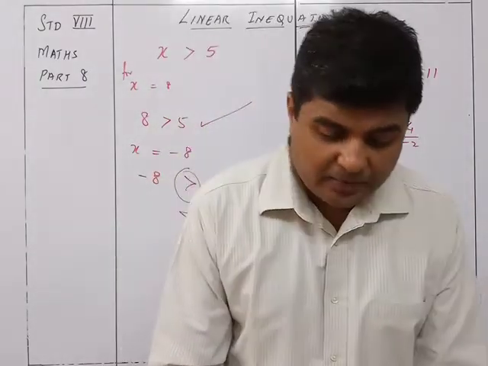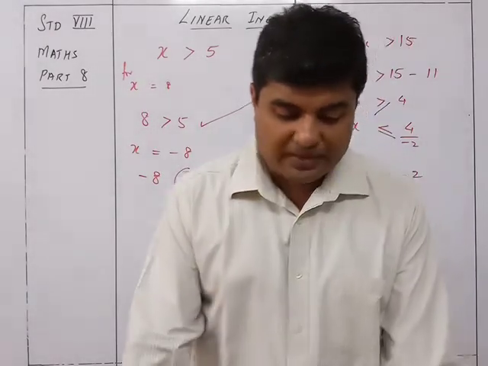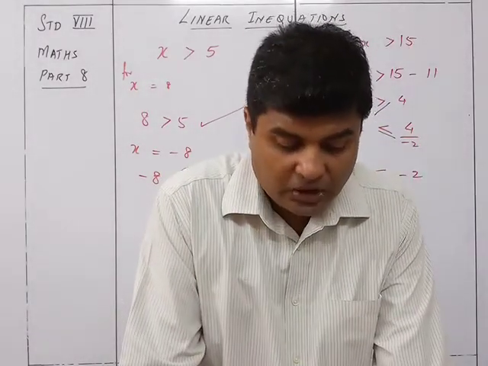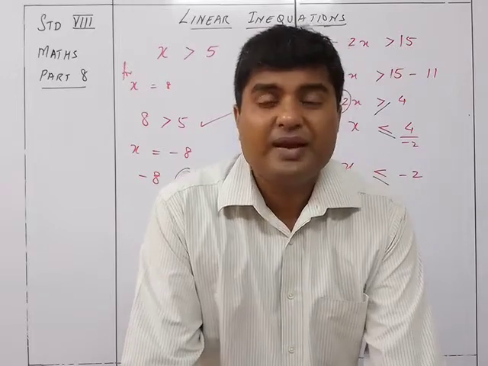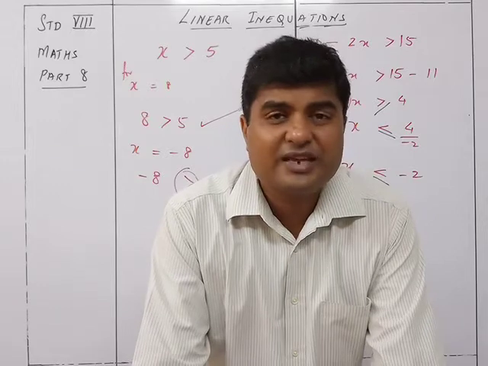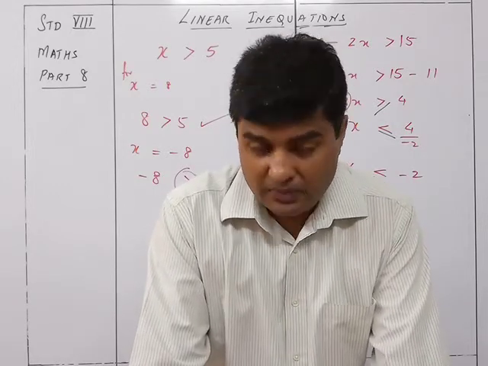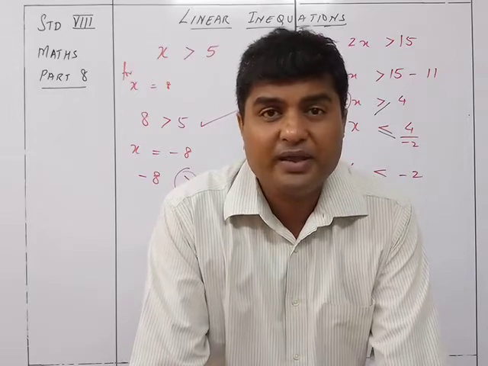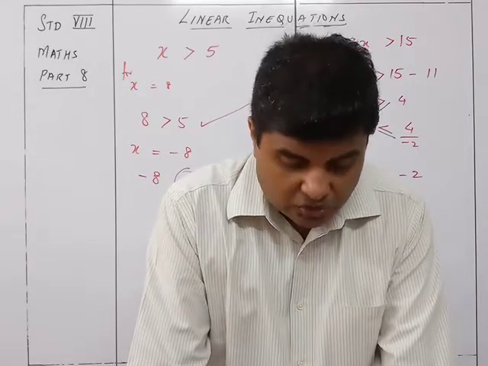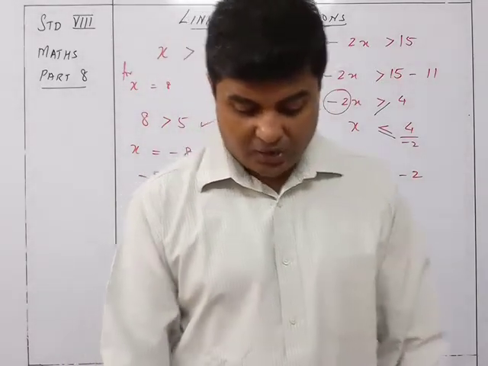So isolate all the variable terms on one side and all constants on the other side. Collect like terms, make the coefficient of the variable 1. Choose the solution set from the replacement set. Depending upon whatever universal set is given to you, you have to choose which numbers are going to be part and parcel of the replacement set. So this is how you are going to solve the sums in case of linear inequations.